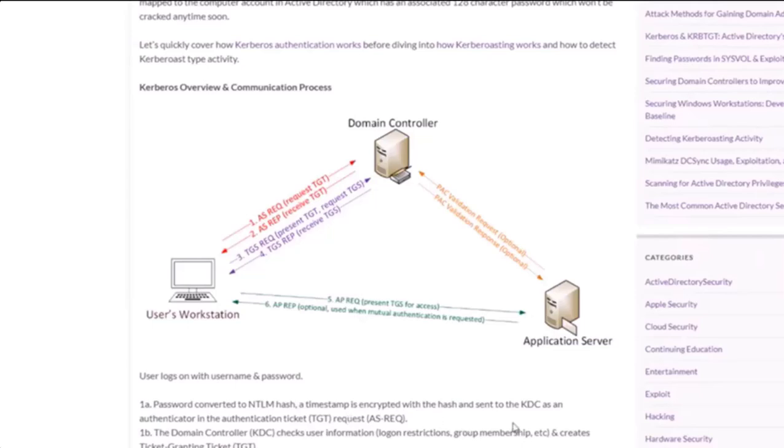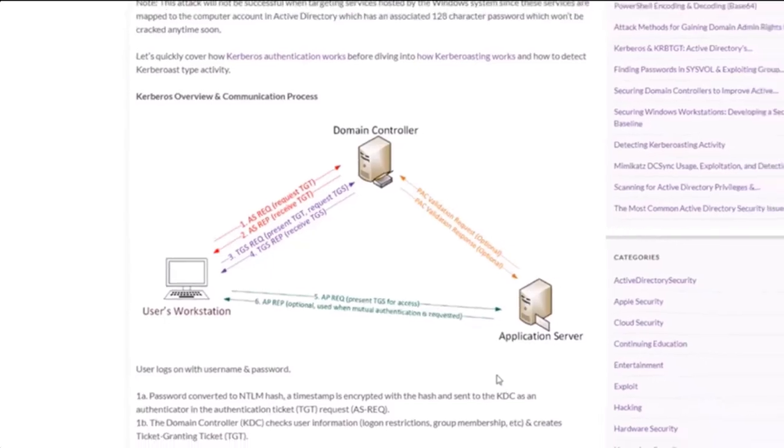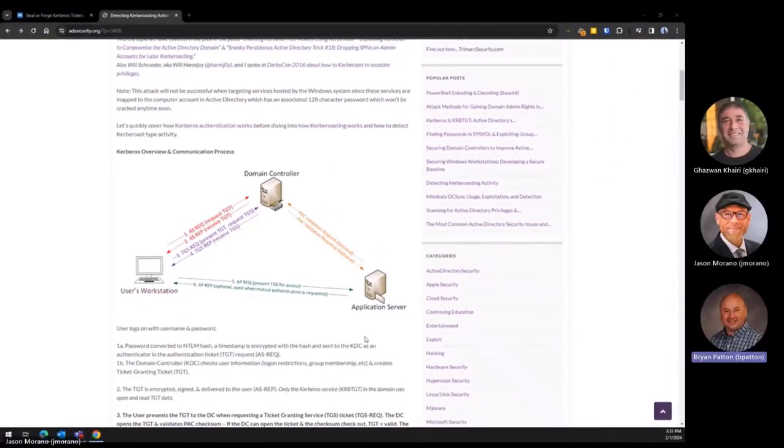So this at least was a visual back to when you were talking about the Kerberos process. Yeah, and remember, Kerberoasting was really prevalent when it was RC4. If it's AES, it's a little bit different, a lot more challenging. It's another reason why people are trying to hurry up getting rid of and deprecating RC4 in their environments.